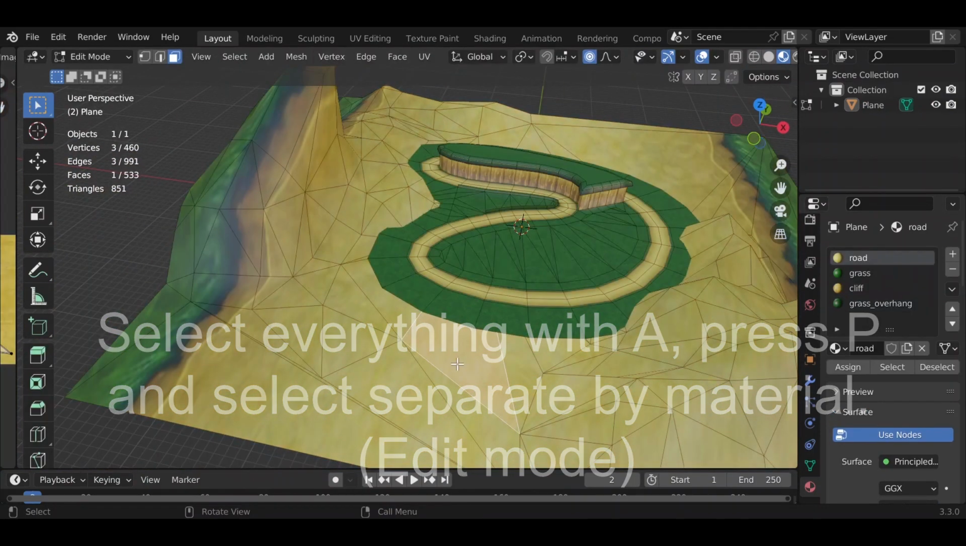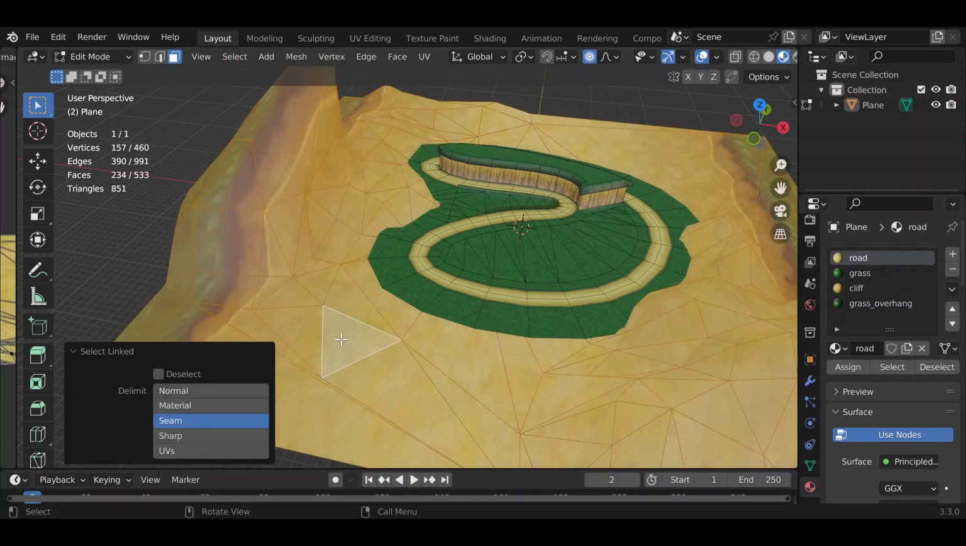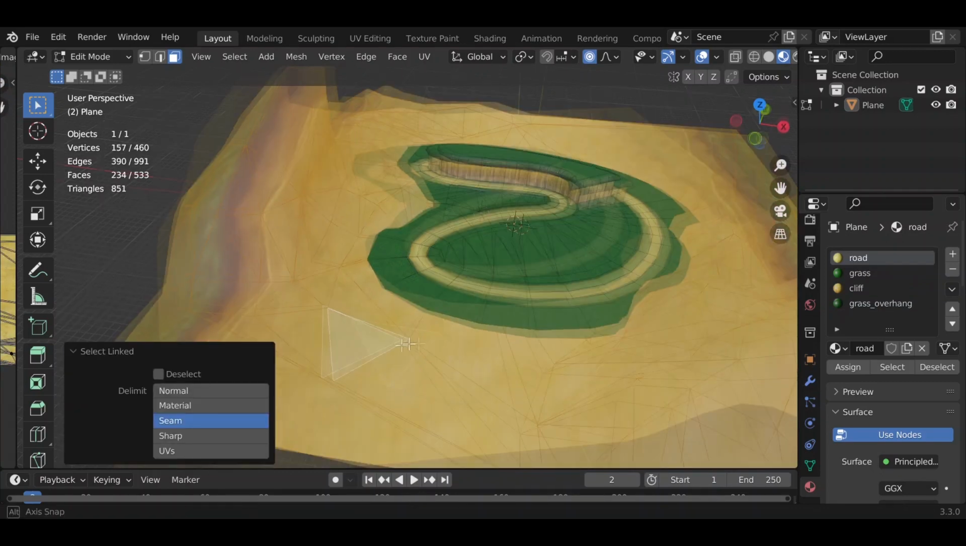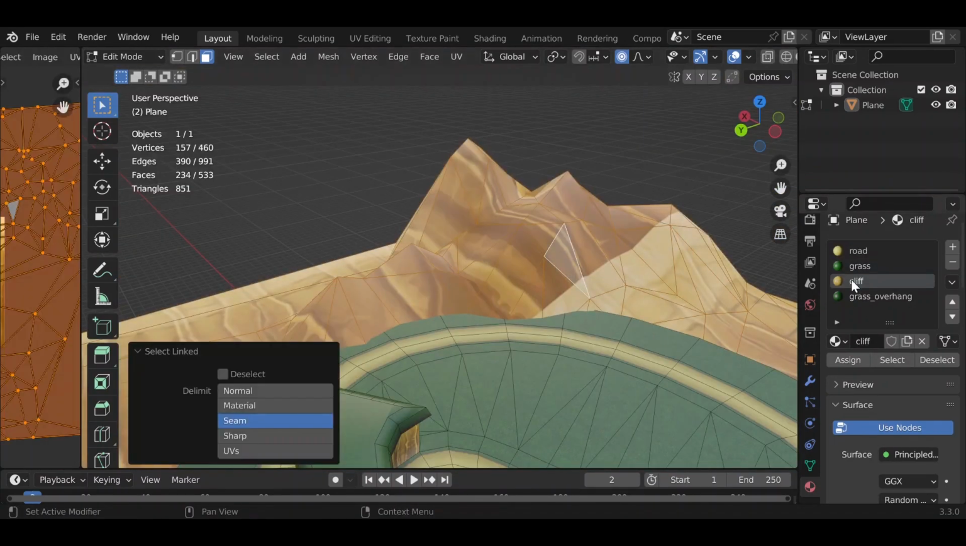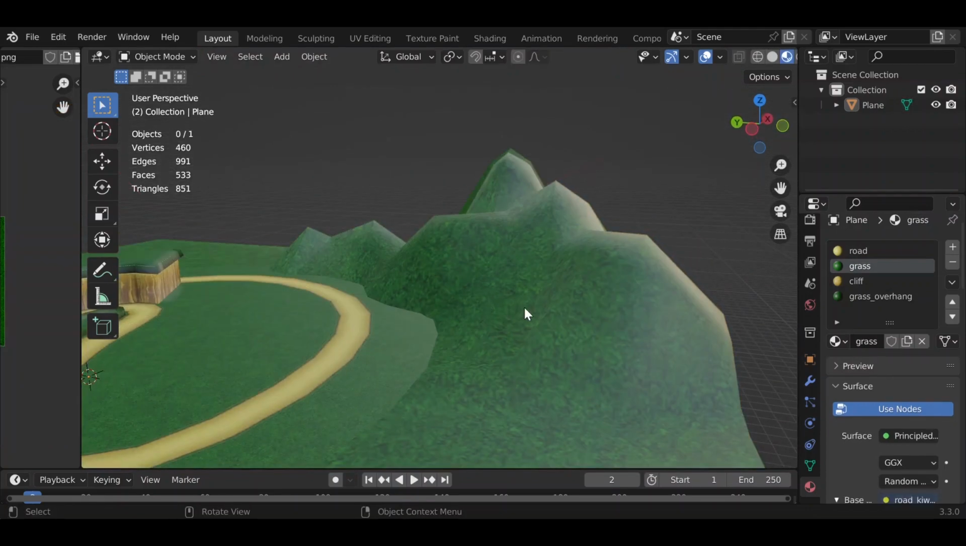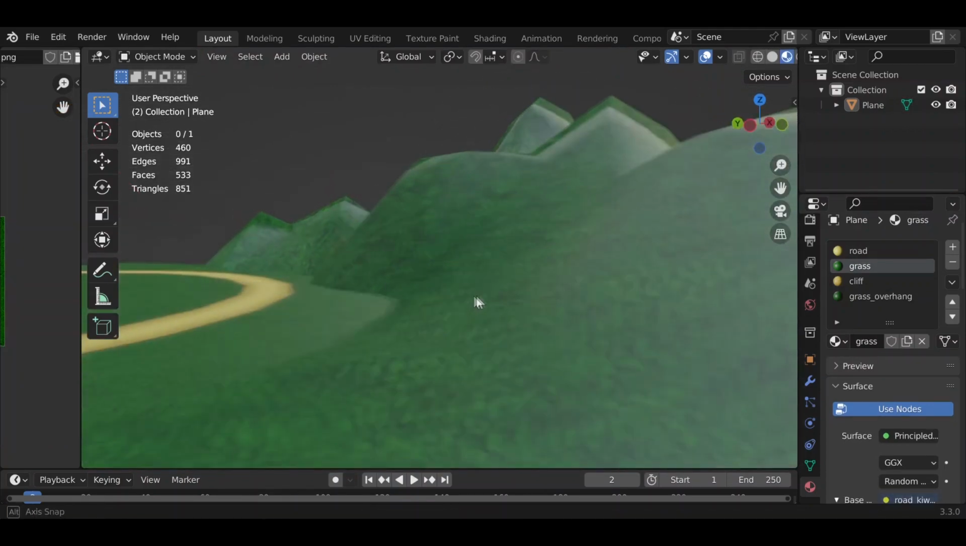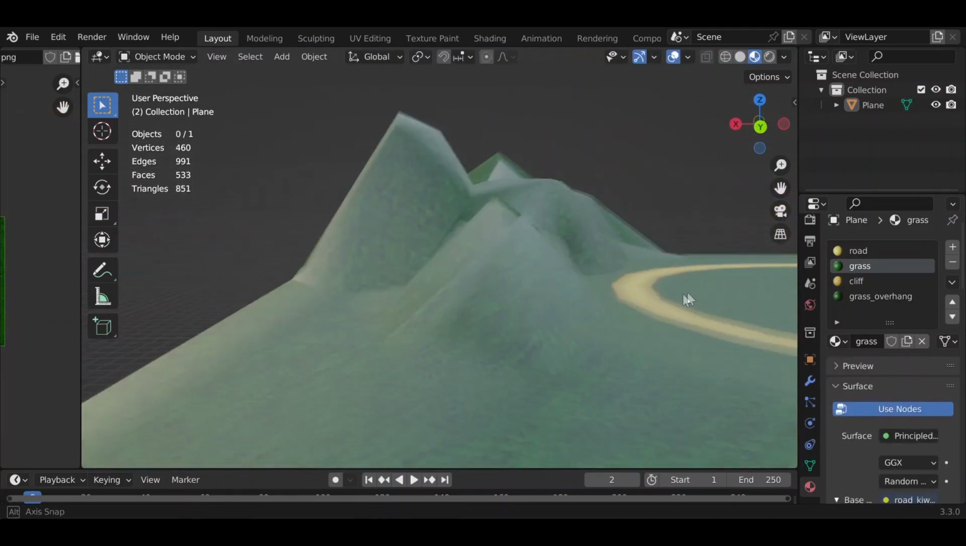So yeah, we'll select everything here. You can select all of the linked ones by pressing L, and this will select all the linked faces to this one face. We'll give it the grass texture for now. You see here, it looks somewhat normal. This looks like